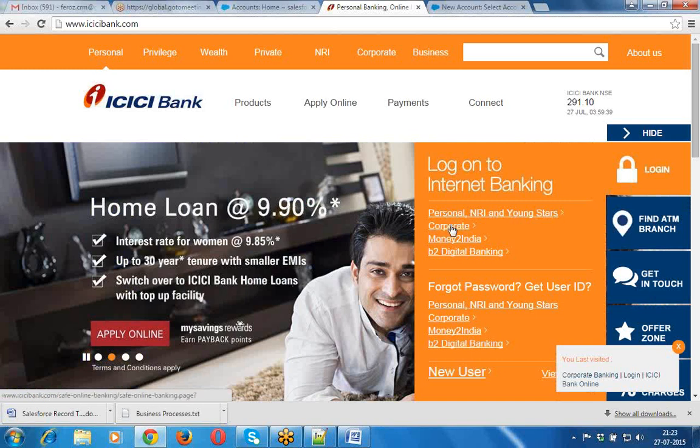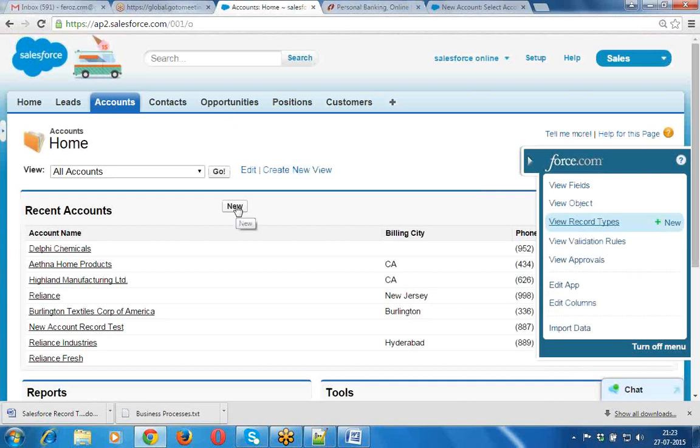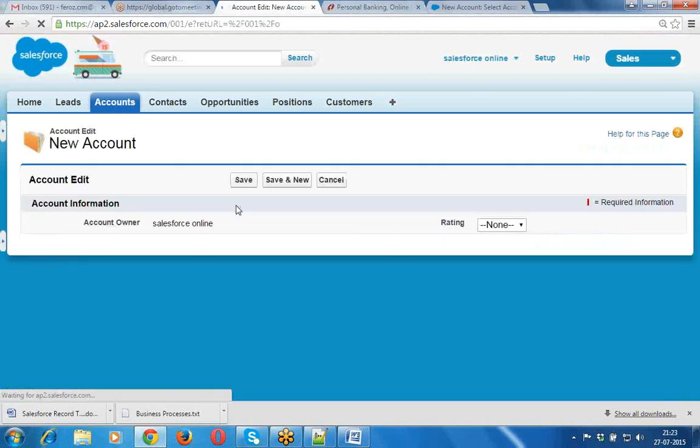Nothing but multiple options it is showing. The same way here also, when you click on new, it is going to provide the record type, nothing but which type of record you are going to create into that account object.